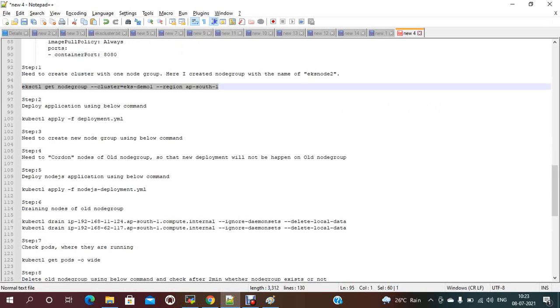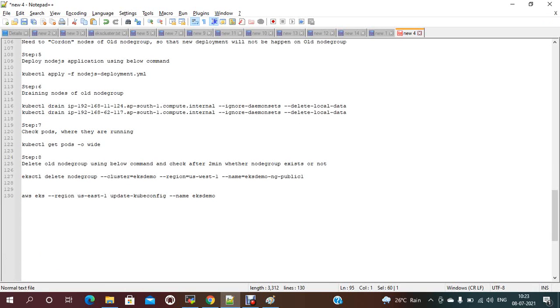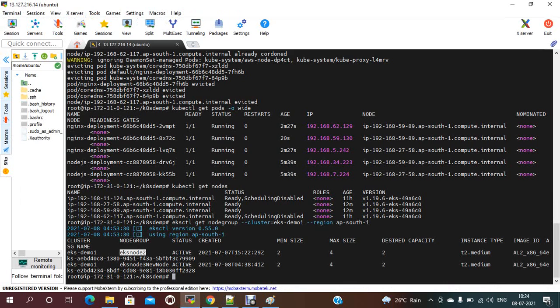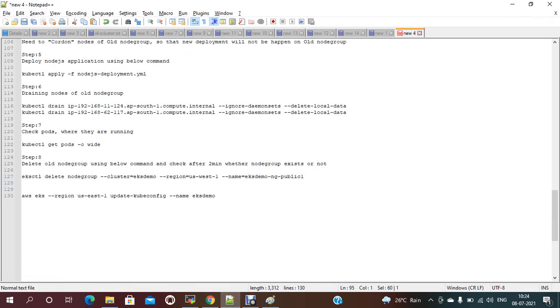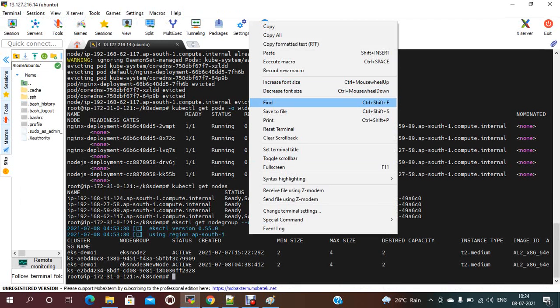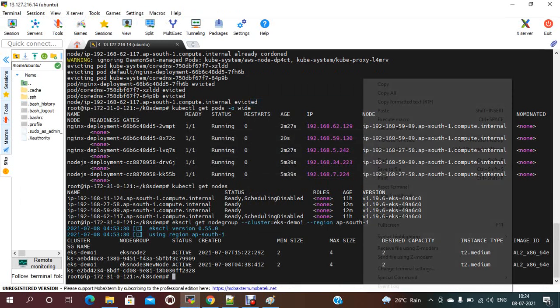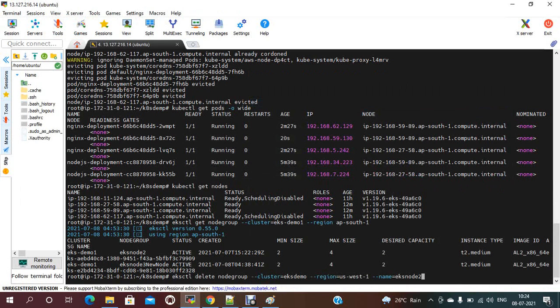For this, you use eksctl delete nodegroup, and you just need to give the cluster name and the node group name. My node group name is eks-node-2. This is the command; if you want to delete it, you can. The whole node group will be deleted.